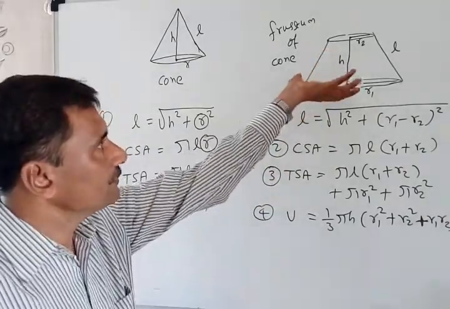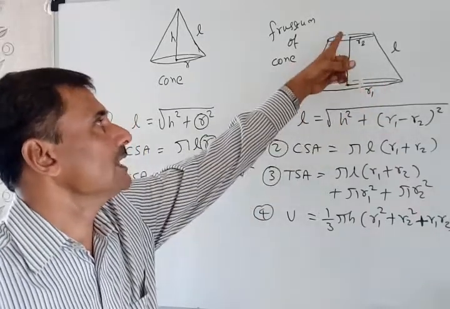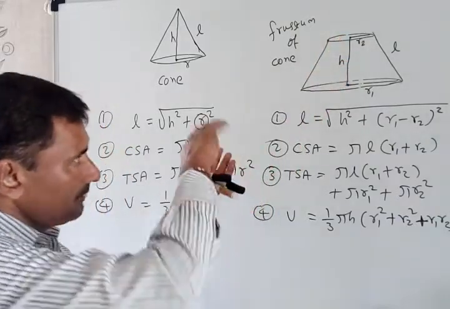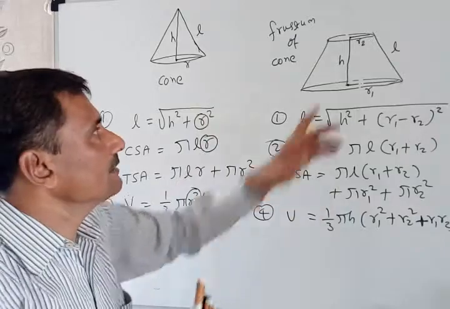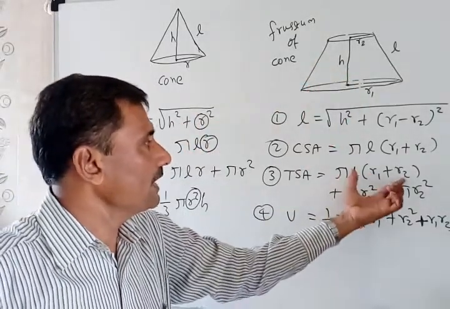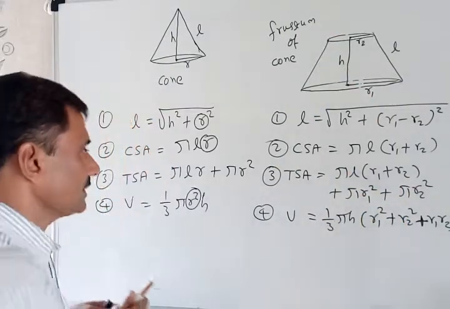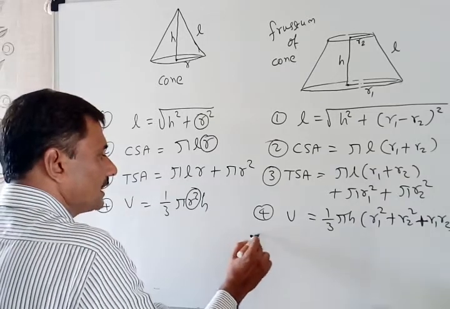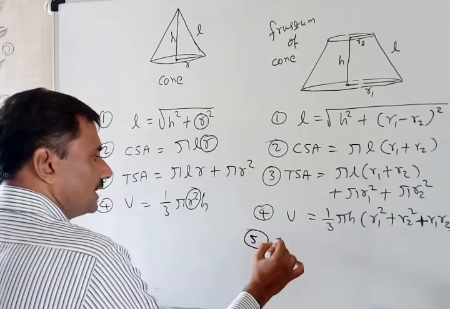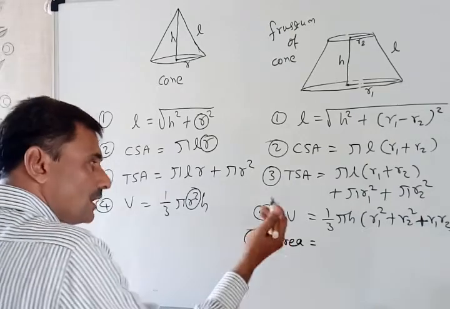Because bucket. If you invert this shape, then it will be a bucket. So here is the curved surface area as well as this smaller bottom should be included. If you make it upright down, then it will be a bucket. So at that time we have to take pi L (R1 plus R2) and then pi R2 square only, not this one. Okay. So sometimes you have to use that extra formula, but that is not new, not to remember just. So area means whenever we are going to make it.